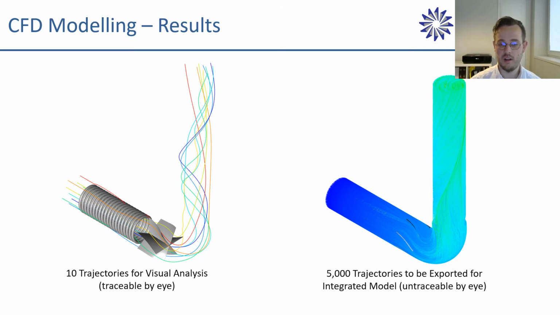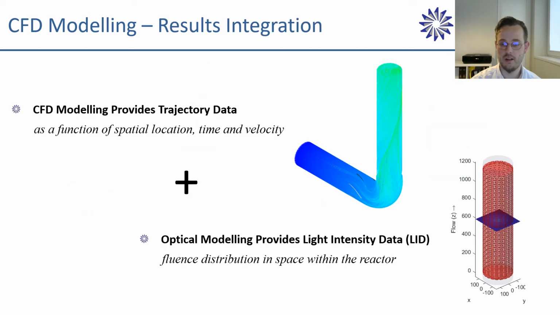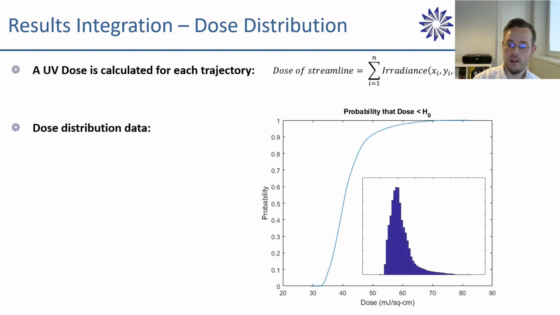But to be able to quantify, instead of looking at the velocity vectors, we have to trace some of the trajectories. So on the left hand side, you can see 10 trajectories. Those are traceable by the eye, but for the actual quantification, we do need to export a lot of them, and in our case, we do export 5,000 trajectories for the reactor. And then we integrate those flow trajectory data with the light intensity distribution data, and we can then get to the result of UV dose